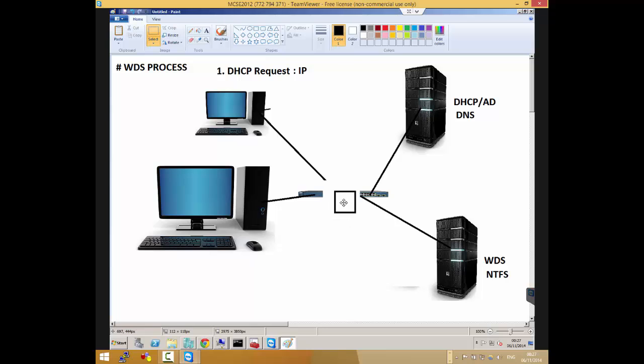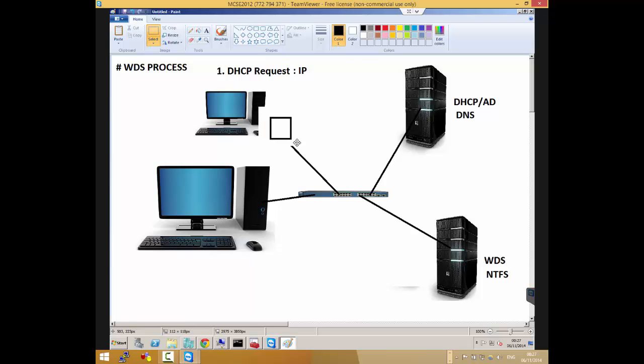The router takes the packet and is listening: who wants this transmission? I'll distribute it to you. So WDS is only sending one packet. When the router gets it, the router asks, I've got this packet, who wants it? This guy says, I want it, so it will just transfer one to this one.